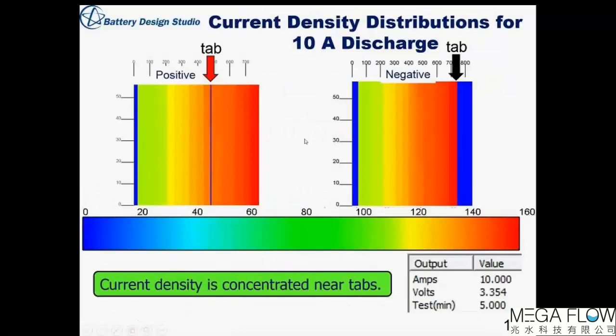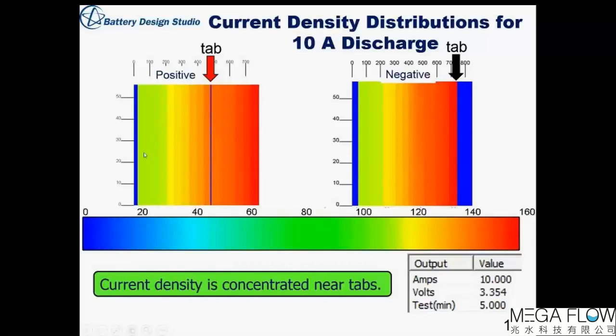We can also look at the current density distribution, so that's the amps per meter squared flowing out. And again, if we look at the positive electrode near the tab, we see that there's a higher current density on the right side here, and then the current density on the left side as you move away from the tab decreases